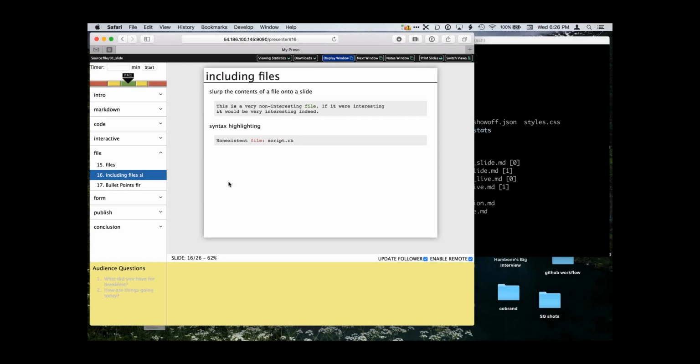And you notice it does try to pick out what kind of file type it is. So it's taken a guess as to what kind of file type it is. I don't know what it guessed, but it has syntax highlighted the word file, the word is. But it's still complaining about the missing script.